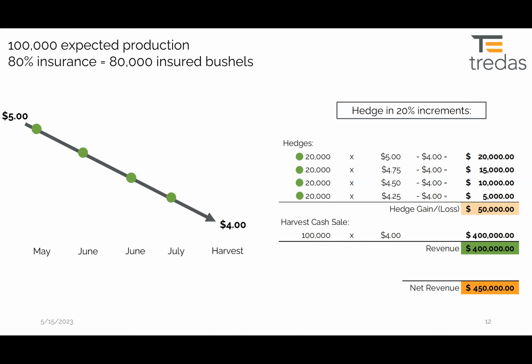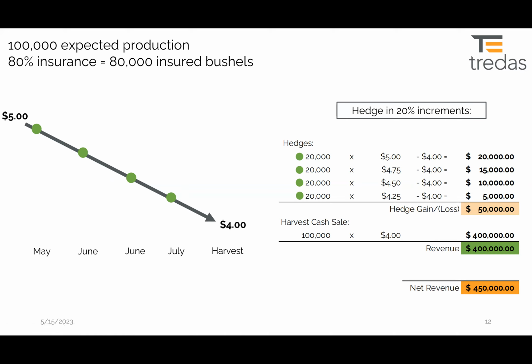Next slide will show the opposite of that, starting out at 5 and a market headed towards 4. So we put our first hedge on at 5, and the next one 4.75, 4.50, 4.25, and then at harvest we sell all 100,000 bushels at $4. We have hedge gains on from 5 to 4, 4.75 to 4, creating a $50,000 hedge gain. So a $50,000 hedge gain on top of the harvest cash sale revenue of $400,000 gives us a net revenue